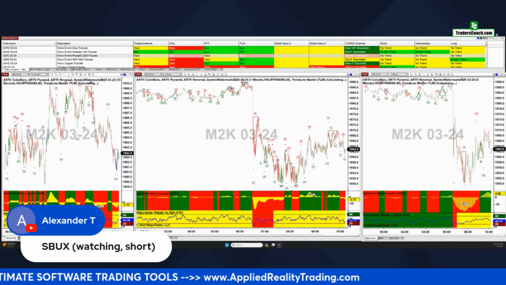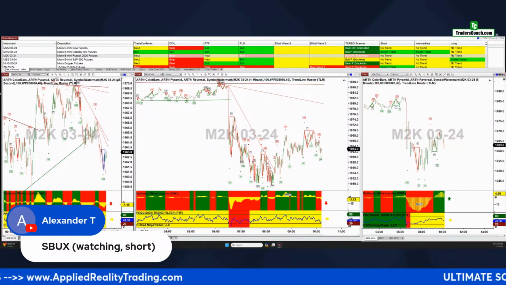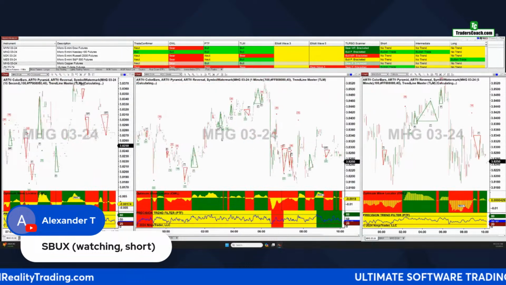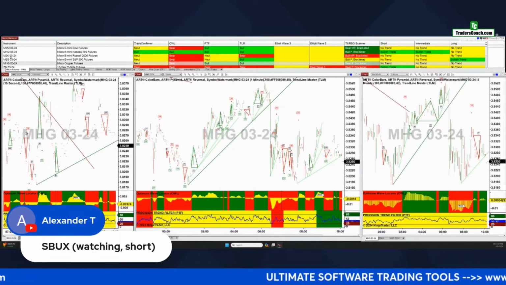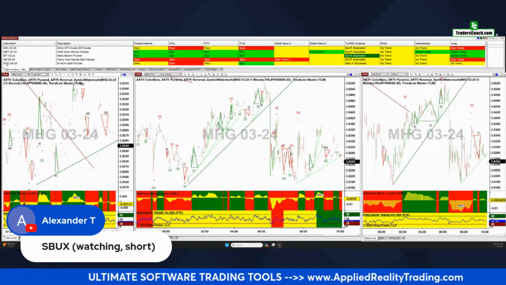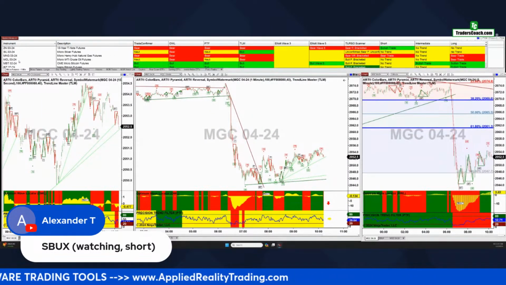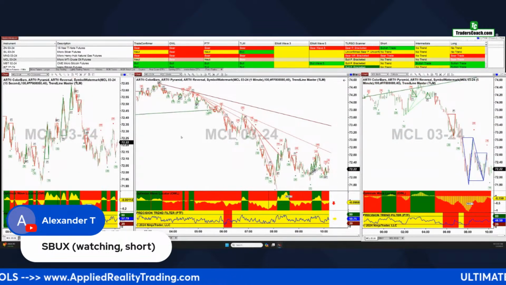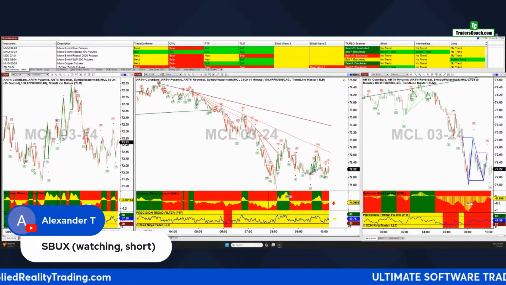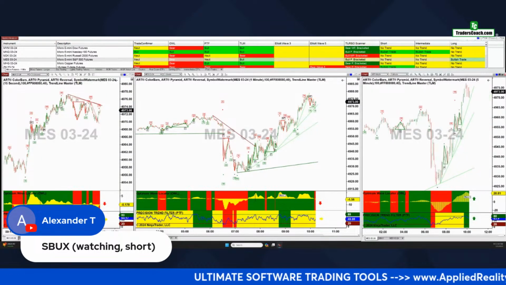And just like on the stocks, sometimes these look good and sometimes we have to wait it out a while. The only difference is we normally don't have to wait it out that long as compared to a position trade, right? And then the gold market is another one that we take a look at. And crude oil is a fun one too. I'll just leave it on the MES here for now. It looks like it's getting ready to correct, come down a little bit.